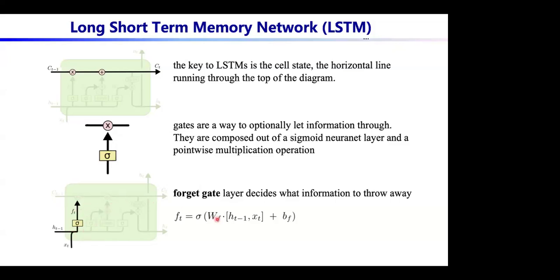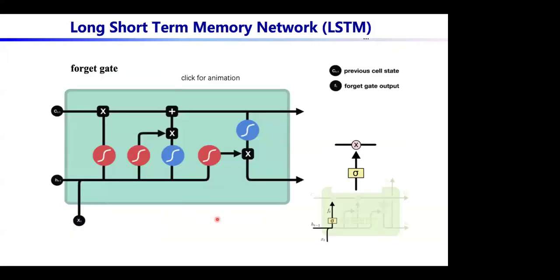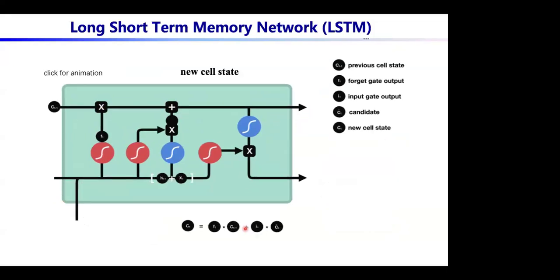Anyway, this is about the mathematics, and you just accept that. So this is the operation of the forget gate. It actually decides what information can go through to the long historical record arm. Okay, and then there are a few other gates like this operation, and also this operation to handle this complicated information.